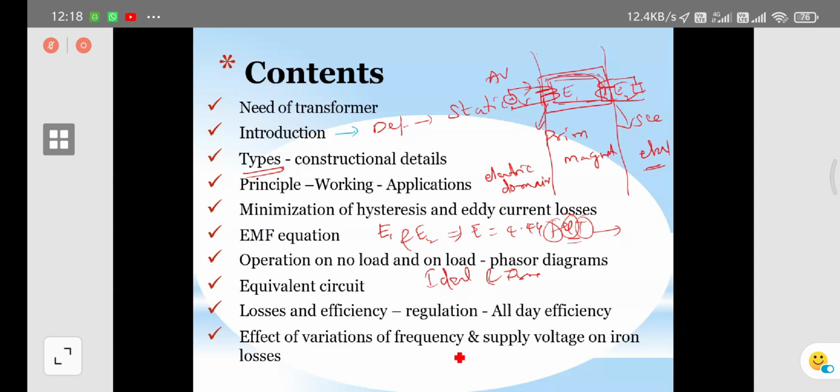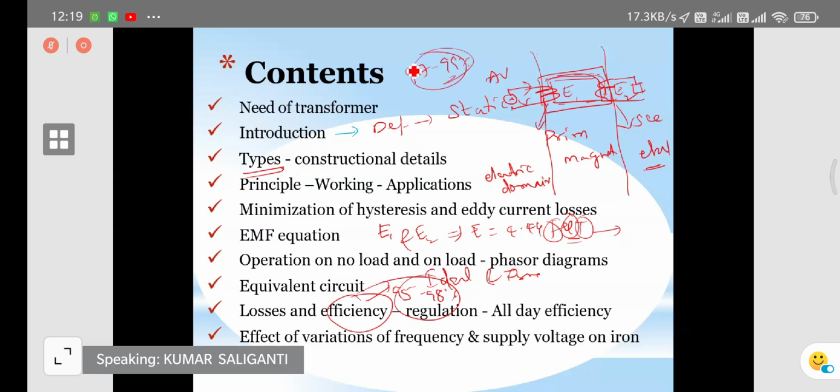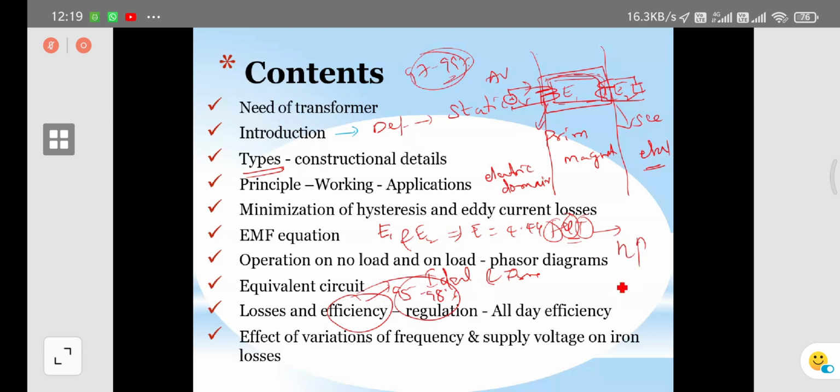Generally the practical transformer efficiency is like 95 to 98%. If you consider the auto transformer, the efficiency is 97 to 99 percent. What about the regulation? One point you have to remember, my dear students: the performance of a transformer can be judged by efficiency and regulation. So always remember higher efficiency and lower regulation value. A transformer with lower regulation works in good condition.